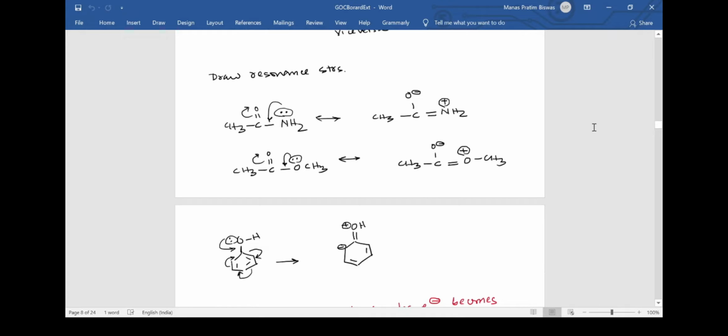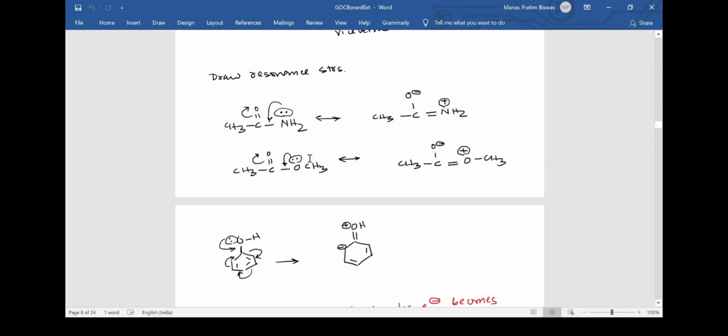So here I asked to compare the resonance of this resonance and this resonance. I asked which of these resonances is more favorable, which of them will take place with better ease. In this case we need to note that in both cases the lone pair is getting transferred to oxygen. So ultimately we are having O minus, but the difference is the origin. Here the lone pair is being transferred from nitrogen, and here the lone pair is being transferred from oxygen.